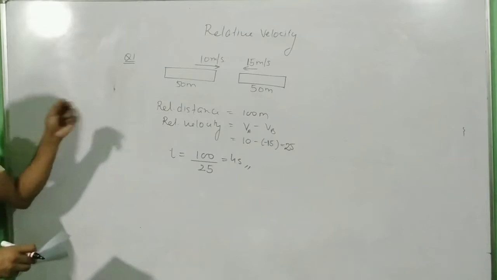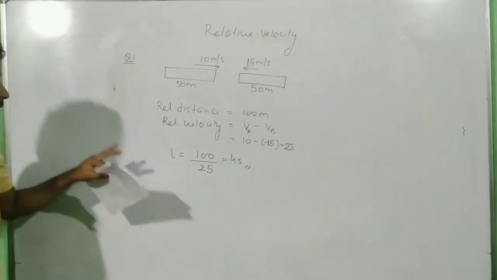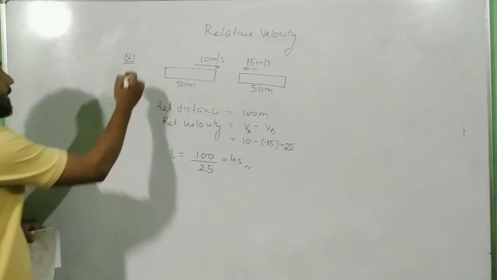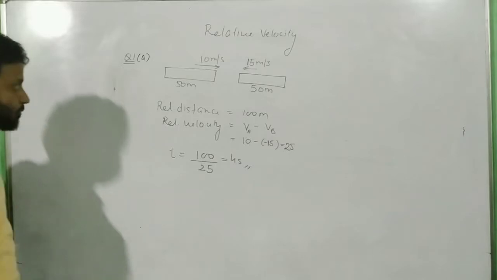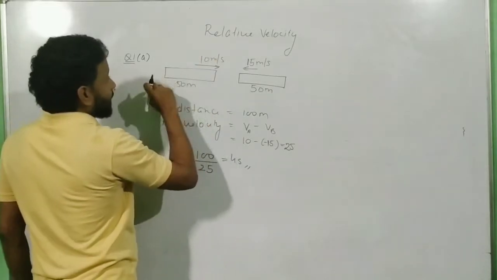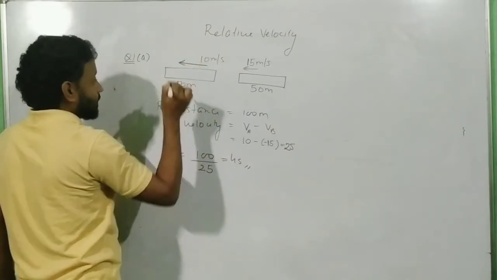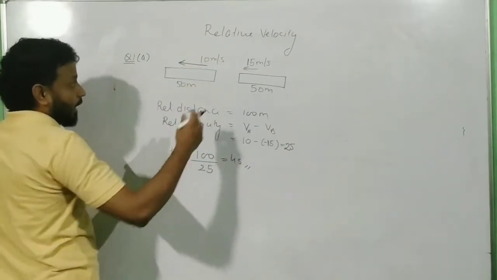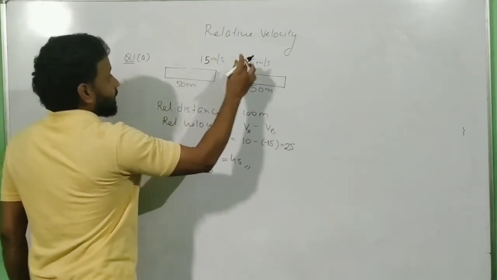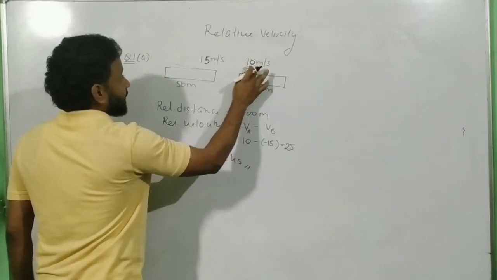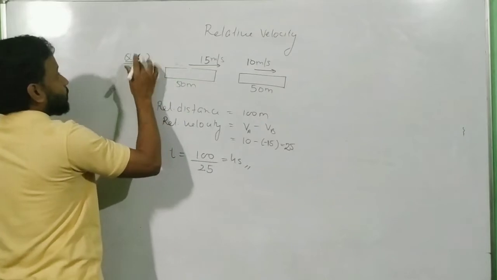Okay. Now just imagine in the same question, just note this down, I'm going to modify this. So consider that this is question number 1A, and I'll quickly discuss question number 1B. Just imagine that this one is having a velocity in this direction. I'll keep the sign convention intact. Let us say this is having 15 meter per second and this one is having 10 meter per second, and both are moving in this direction. That becomes question number 1B.